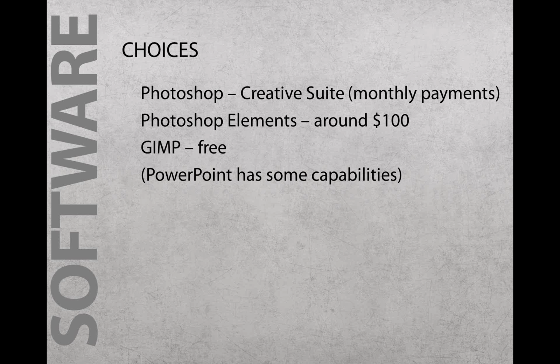Photoshop Elements has a lot of the important functionality. You can get that for around $100. I hope that Adobe is going to continue to sell that. I've heard that it doesn't have kerning, but it has a lot of the other capabilities. There's GIMP. You've got PowerPoint, and people are coming out with alternatives to Photoshop, so do a search for that, with programs that are easier to use.